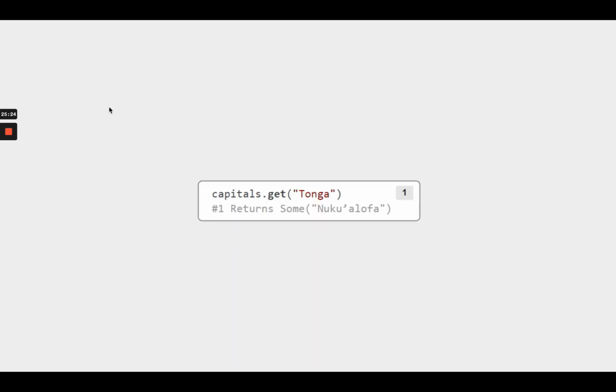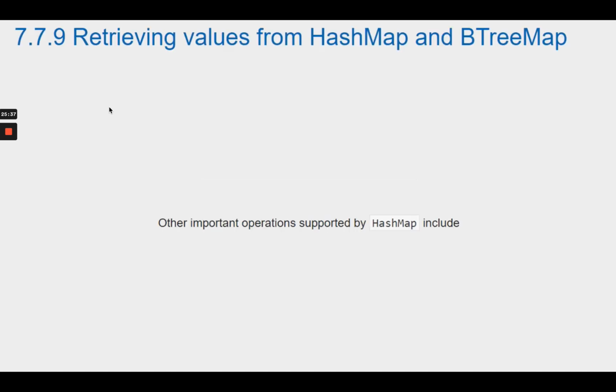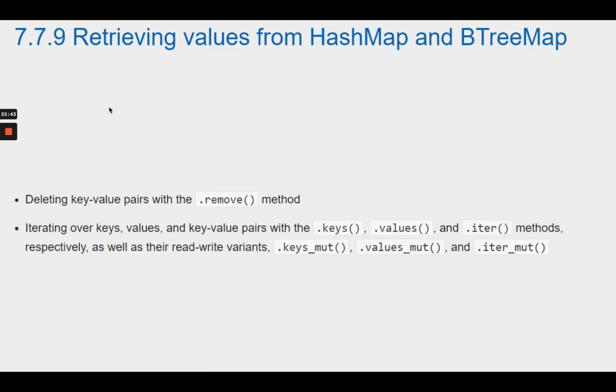It's also possible to use the .get method on HashMap. This returns an Option<&V>, providing the opportunity to recover from cases where values are missing. For example, other important operations supported by HashMap include deleting key-value pairs with the .remove method,